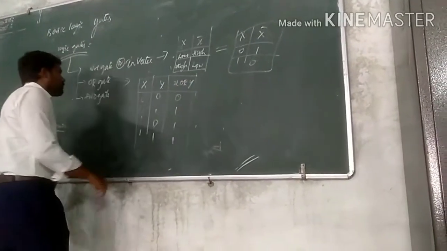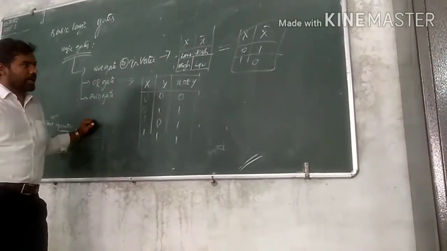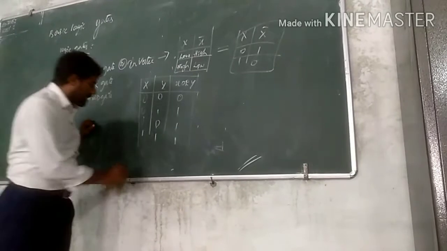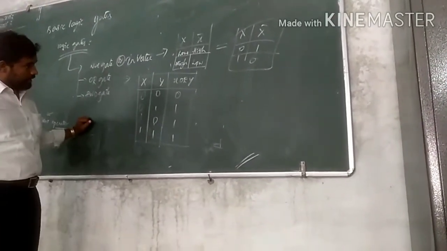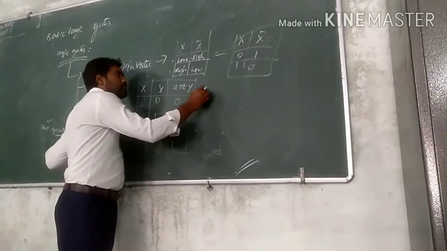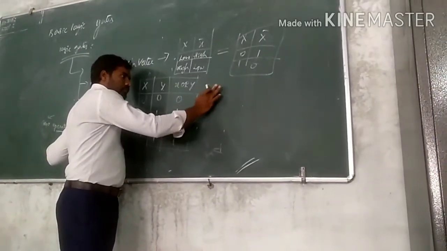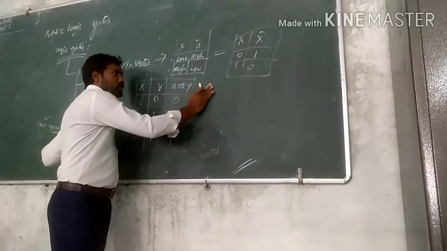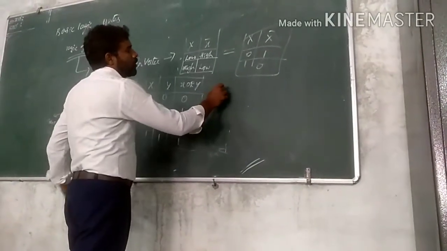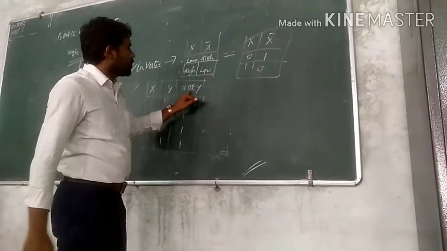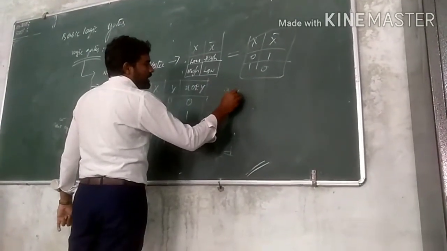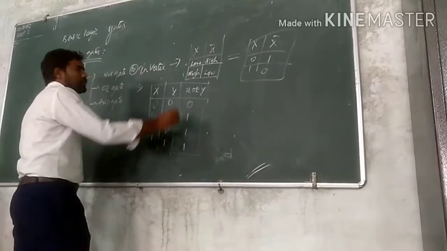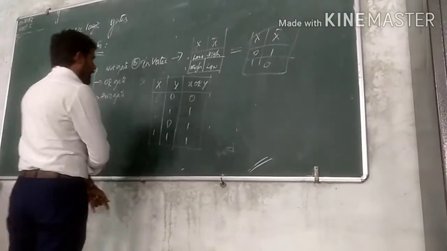In the examination, if you need to answer, write down the truth table for the OR gate, you need to write the OR gate truth table like this. Clear? And don't write it like AND. You should not use any other kind of operator. You should write x or y, and don't write x plus y like this. So it is illegal. You should use x or y here.